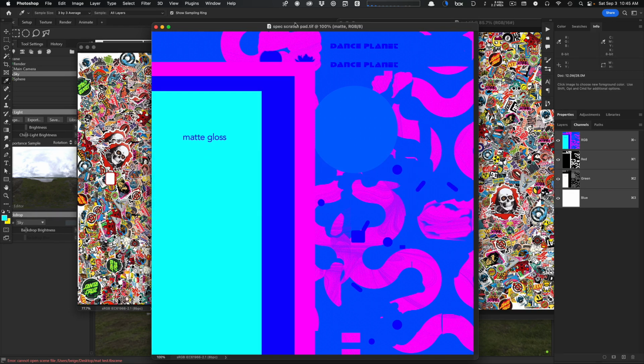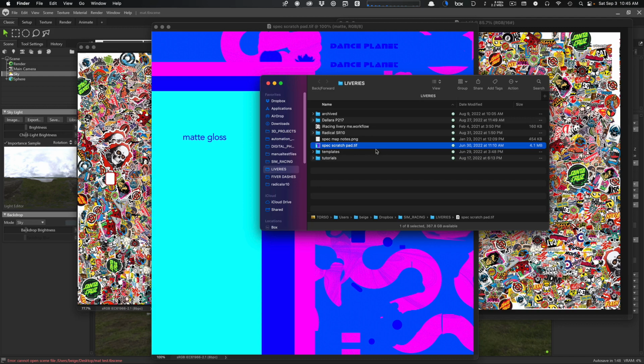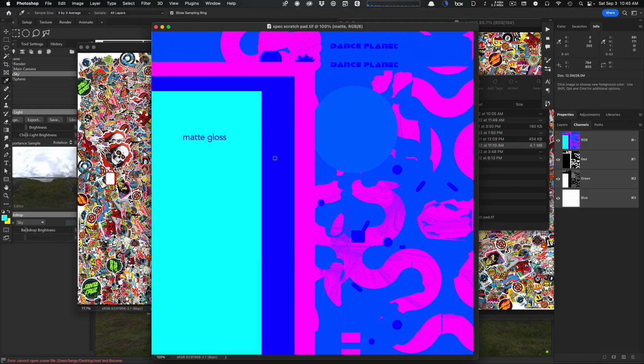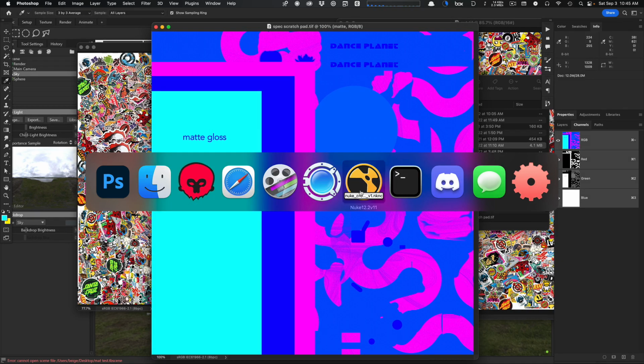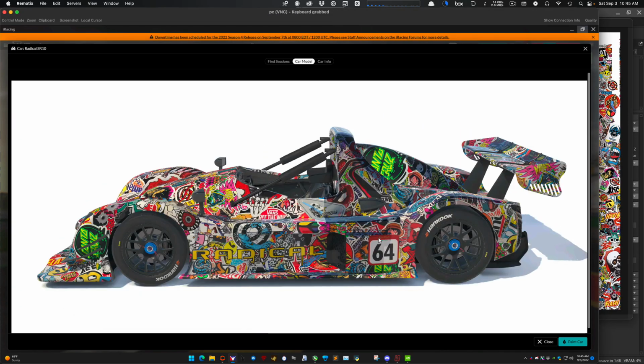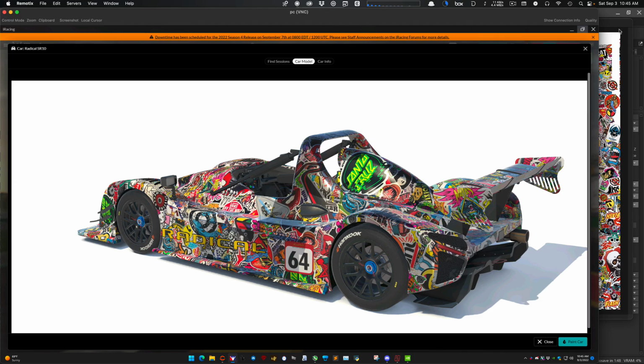So what does this look like if I actually take this image and map it in iRacing? Well, let's make this, and I'll go to my PC. And it's kind of unclear because here I'll make